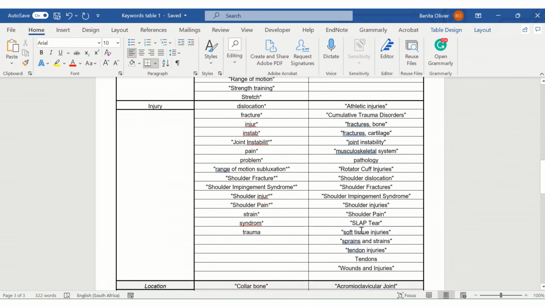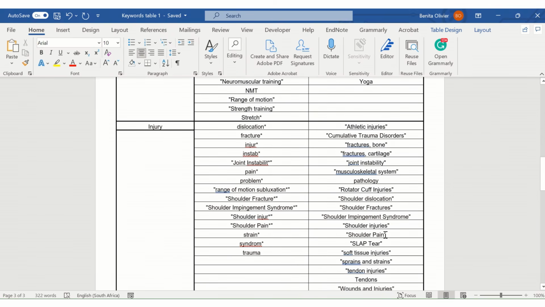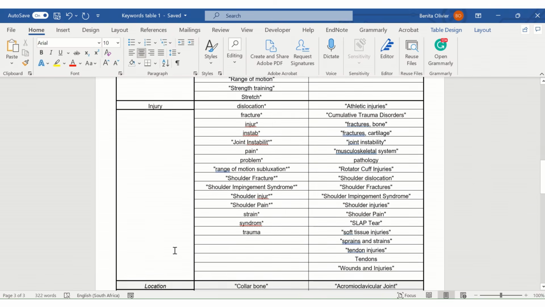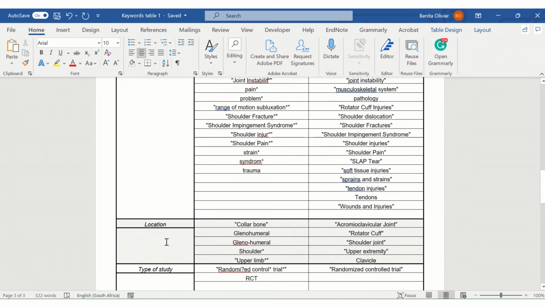Now what will happen when we do our search is we will connect each of these terms with OR. So each of these, dislocation or fracture or injury or instability, they will all be connected with OR, and same for these. They will all be connected with OR. And then these larger categories, or the terms that we are going to build, are going to be connected with AND to these